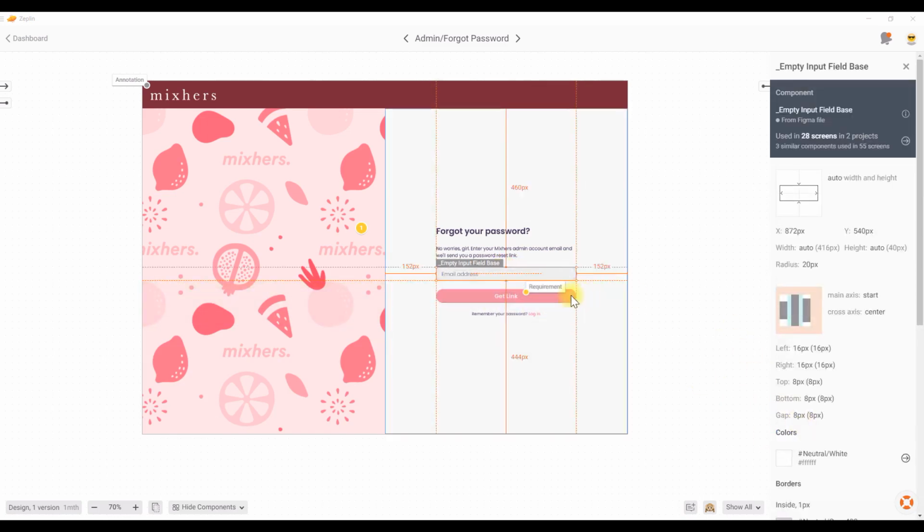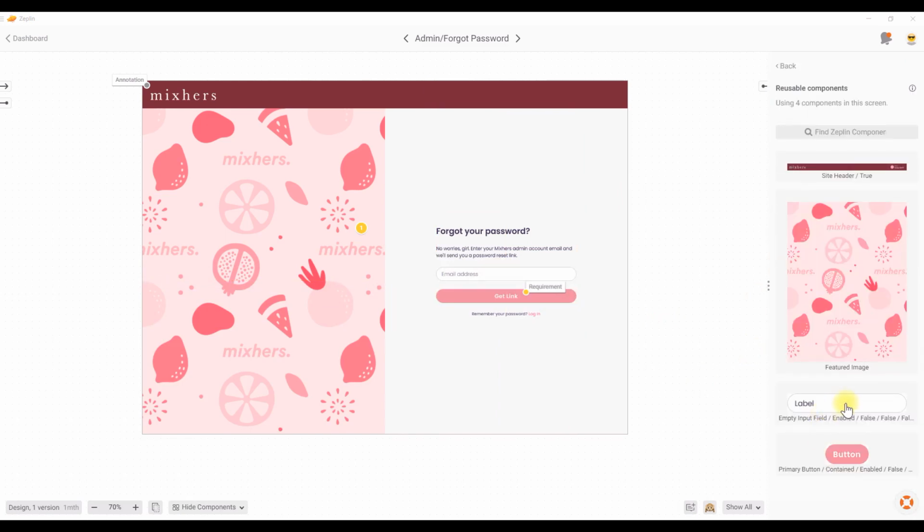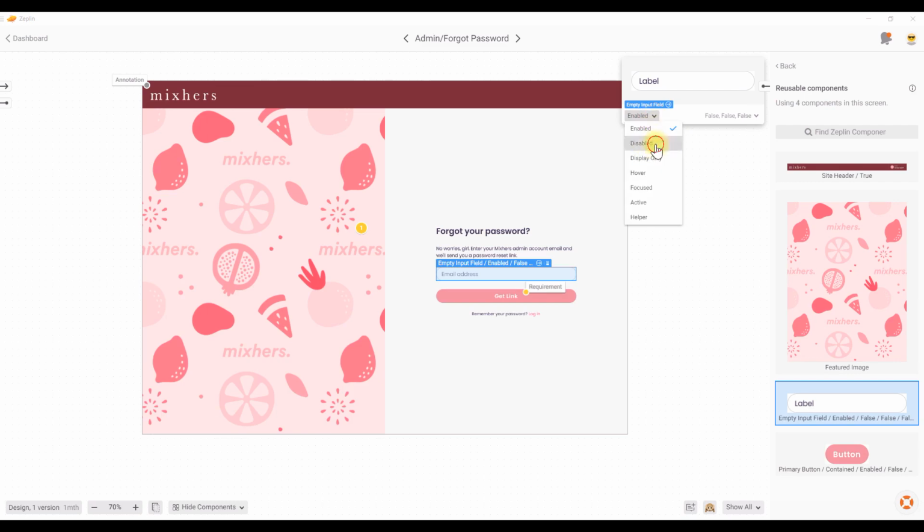And if I click on this input field, for instance, a neat trick is this blue arrow. If I click this, it will take us to the component on that components page. But if I click this little hamburger menu right here, it'll open this pop-up, and this pop-up will let me fiddle with those properties. So I could say, oh, I just want to see what the disabled field looks like, or maybe I want to see what it looks like with the icon. So you can play around with these to check out the different states and variants that this component has,